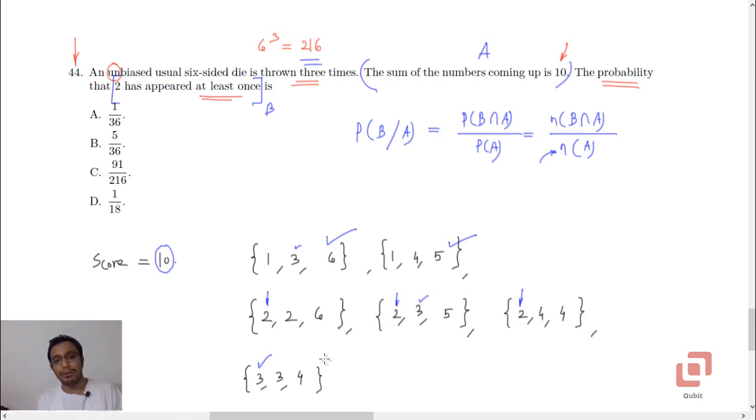Okay, so we would now like to look for numbers apart from 1, 6, 2, 5, and it happens that there is only one such thing, that is 3 and 4. So the score of 10, if at all it has, the combination has to be any one of these 6. But now we need to determine the number of permutations because we are giving significance to the way in which we are obtaining these scores. Okay, fine.